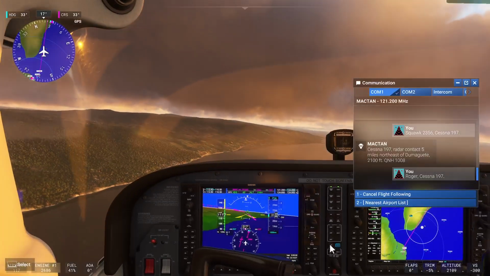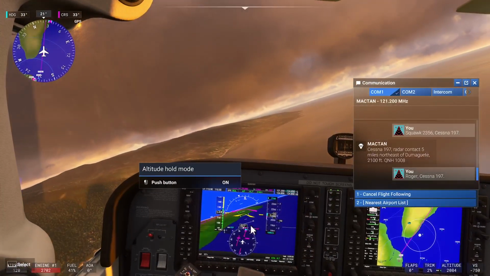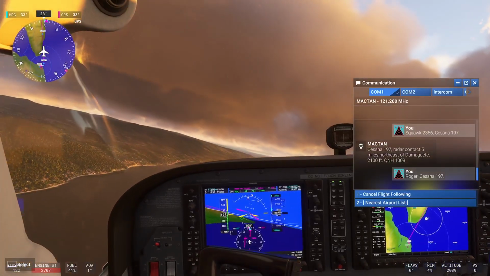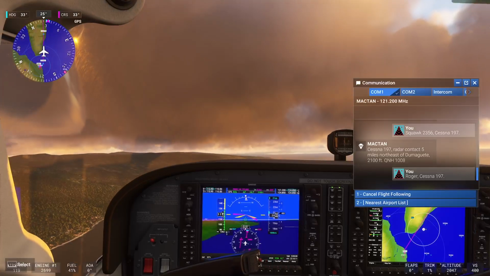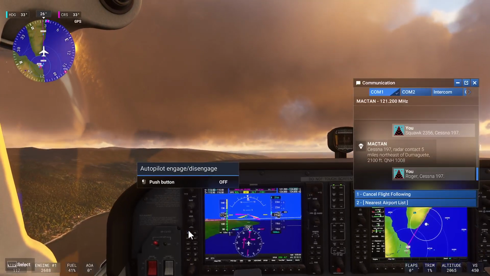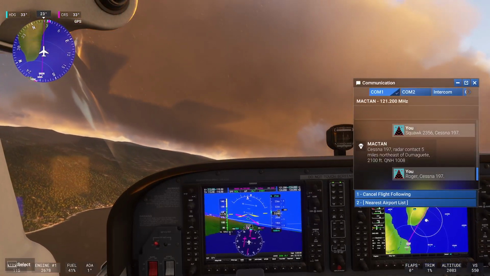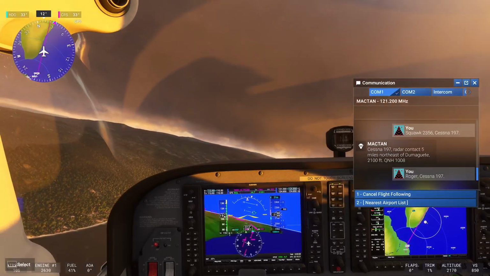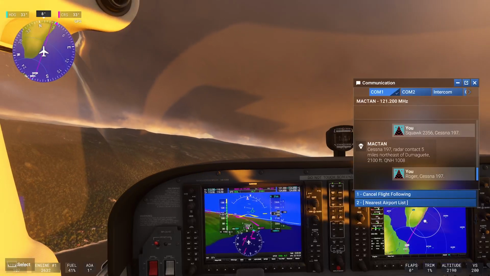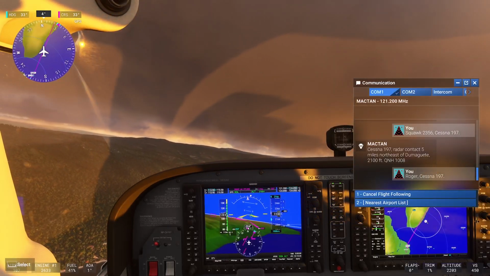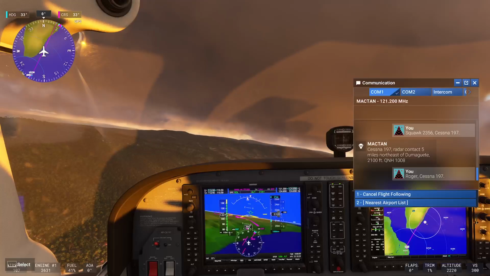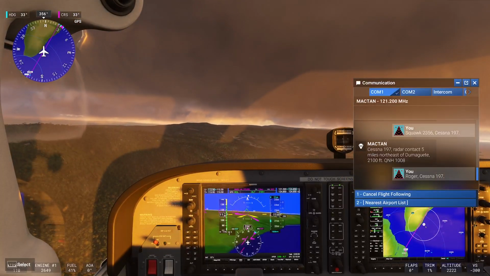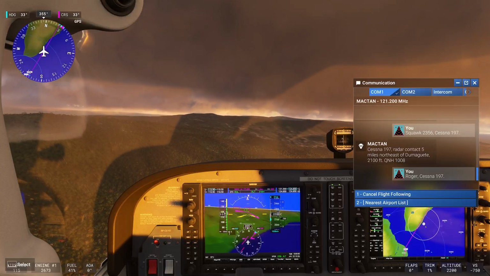Oh, yeah, we need to cancel heading, probably. I think I'll just cancel autopilot altogether right now and then go into the GPS line. I'm not sure why that chevron says that I have to turn right,